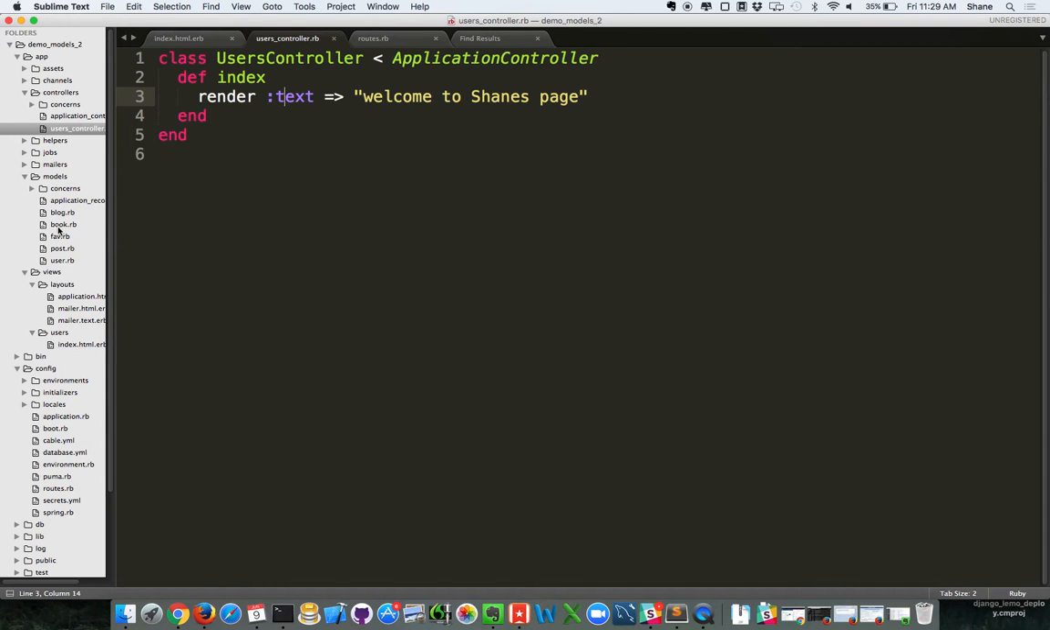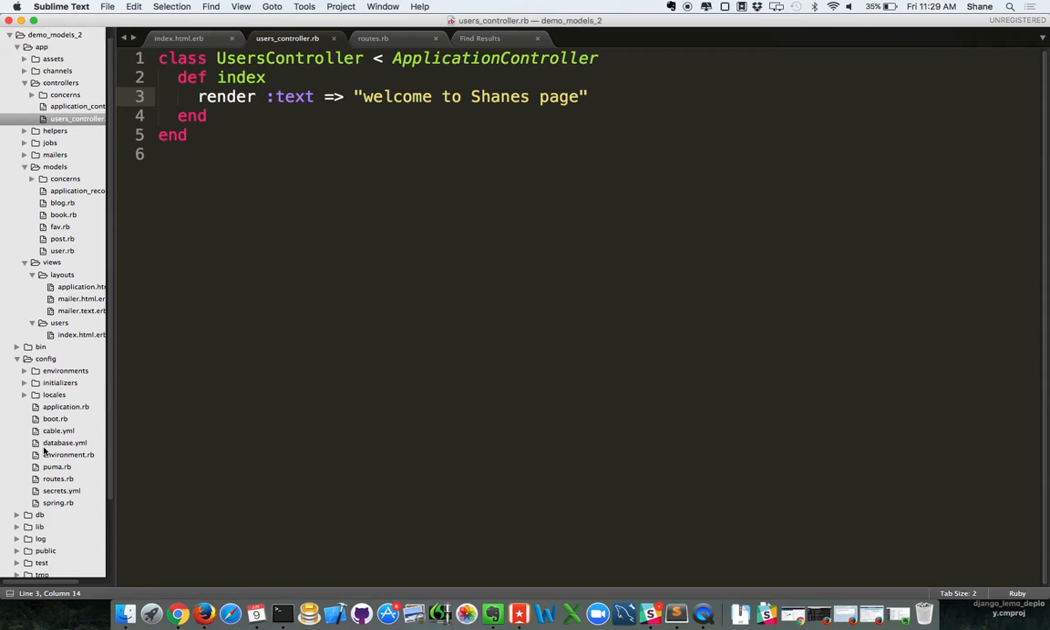Now, at this point, I'm not using the view that was part of here, right? So I could also render